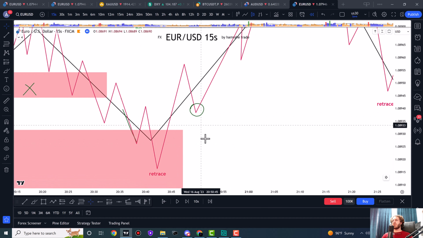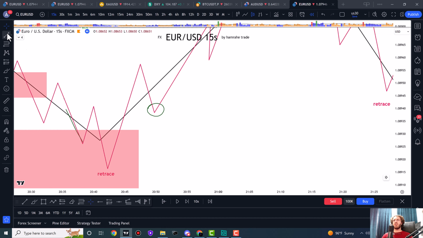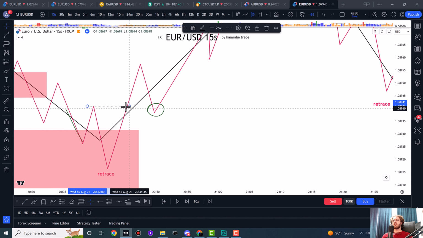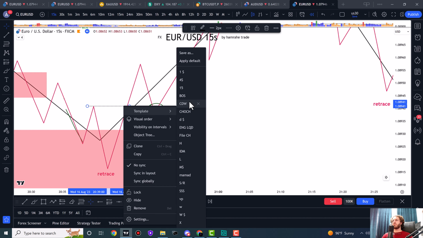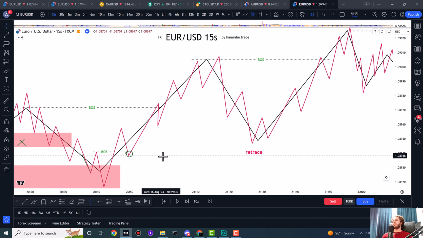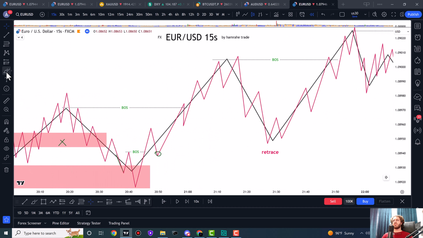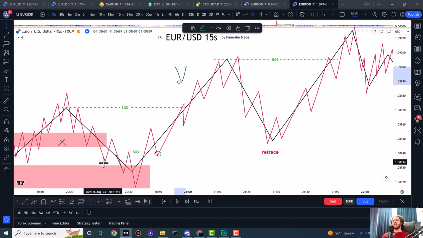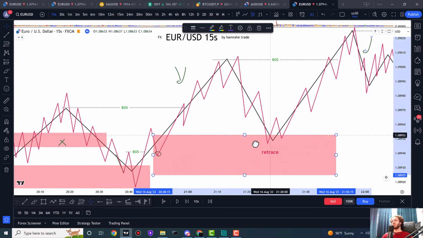We have just a break-off structure here. We have a break-off structure as our confirmation. So again, the market is going down, it broke this structure, so we are going to wait for retracement. For example, we have another big order block here,